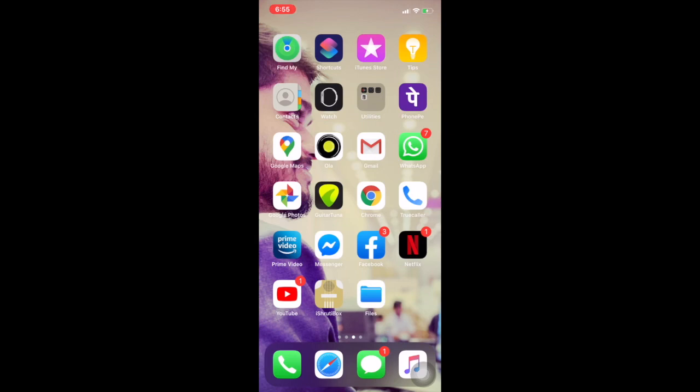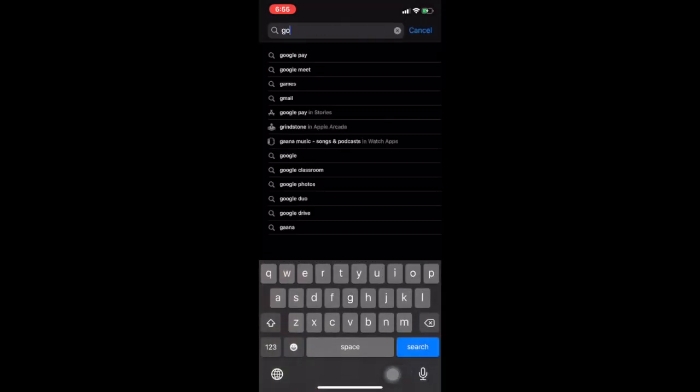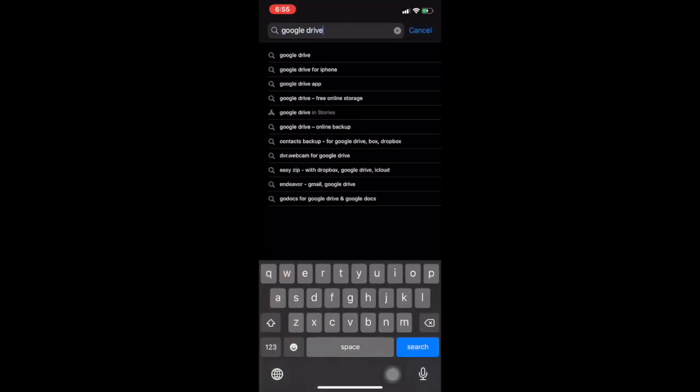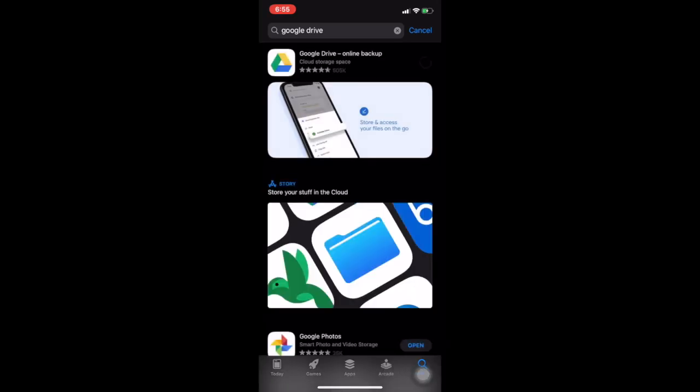The first thing you do is, if you have already logged into any Gmail account, just sign out. Okay, now go to App Store and click Google Drive. So this is the first important app we are going to download.